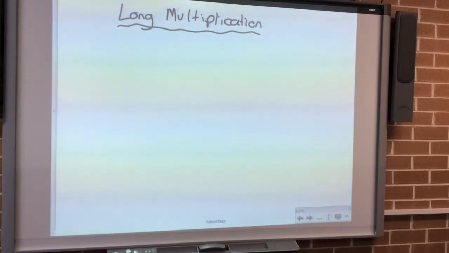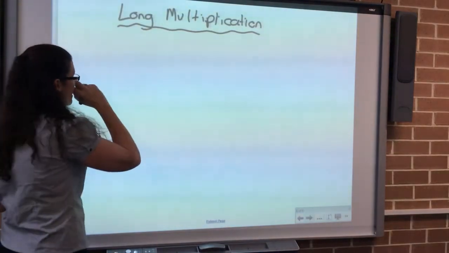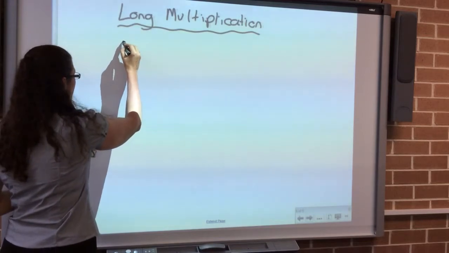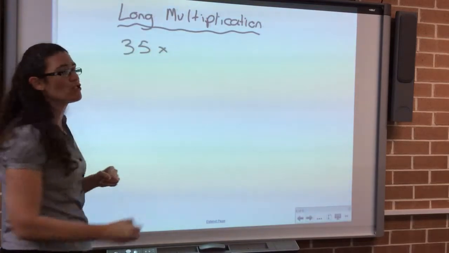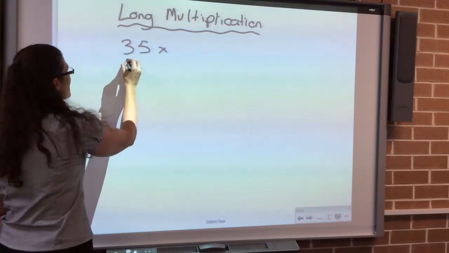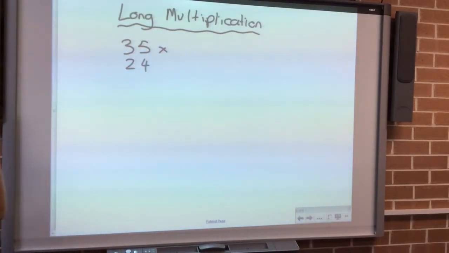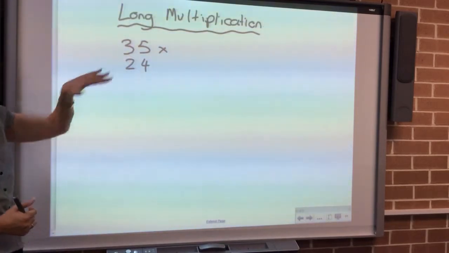So we're going to look at what happens if the numbers are too big to do by the methods we already had. So say I had 35 and I'm going to times it by 24. Now 35 times 24 is really big numbers. So we're not going to do it in our head, we're not going to use our times tables. Unfortunately it's not a power of 10. So we are going to use an algorithm to do it. This algorithm uses the idea of splitting. The way it does it is first of all you kind of ignore